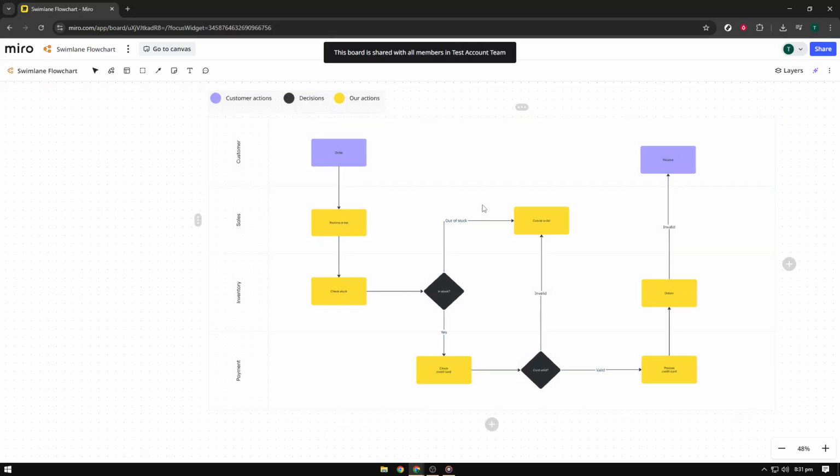Pick a template that best suits the process you intend to map out. Remember, there's quite a variety, so choose one that aligns well with your goals or personal style preference. Once you've selected an ideal template, click on Use this template. This action will open the template directly onto your Miro board, allowing you to begin customizing it for your specific